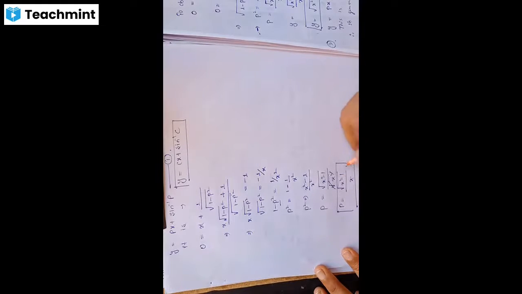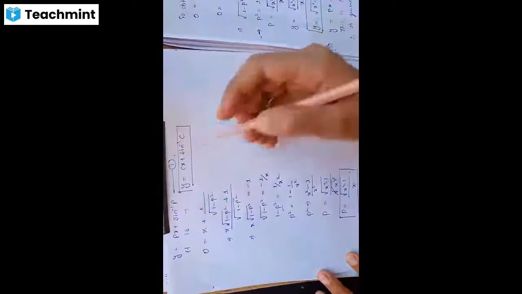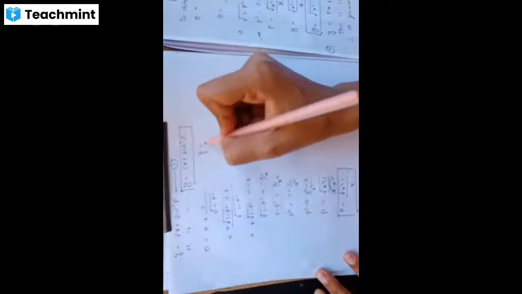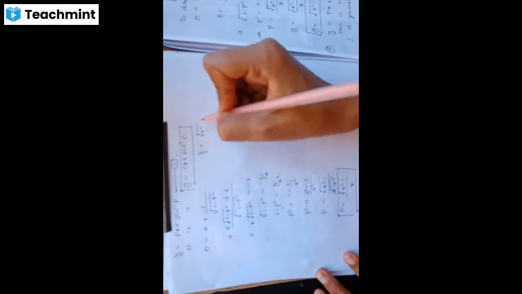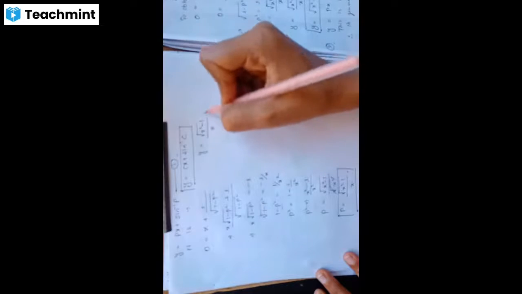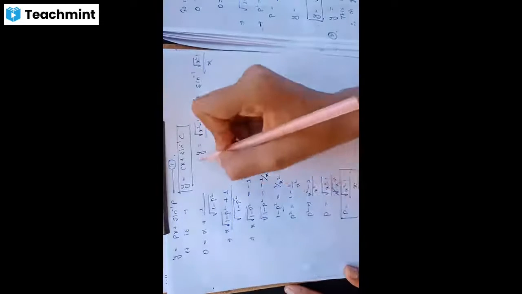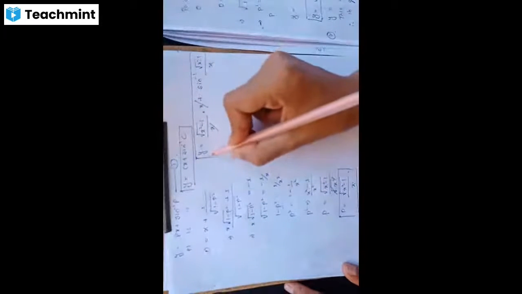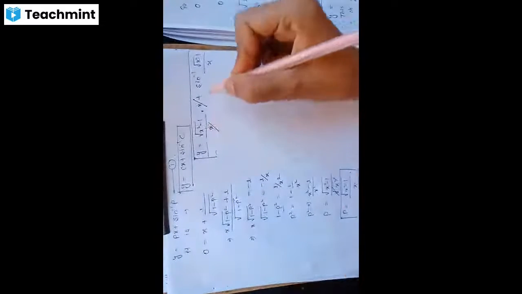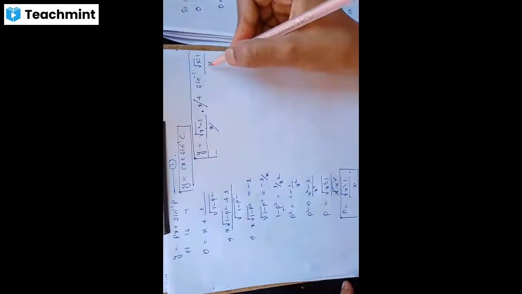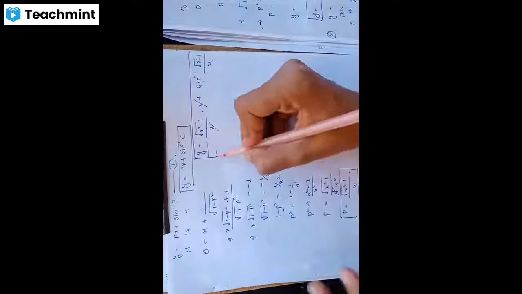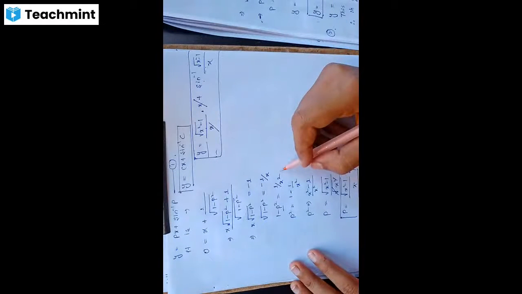So we have to substitute this p value in the given equation. So what is the given equation? y = px. What is p? Root of x² − 1 divided by x, into x, plus sin⁻¹(p) is there. So p is root(x² − 1)/x. So this x and this x get cancelled. So our required singular solution is y = root(x² − 1) + sin⁻¹(root(x² − 1)/x). This is our singular solution of the equation.